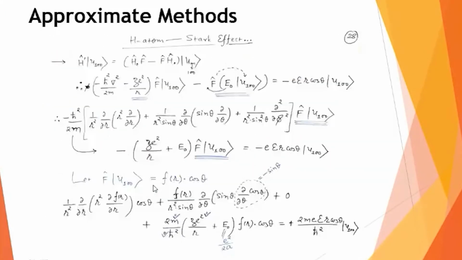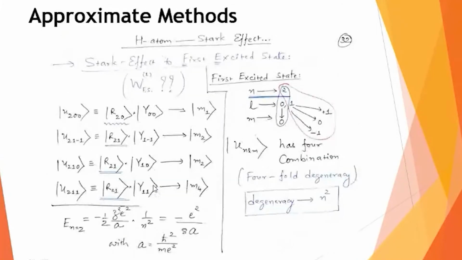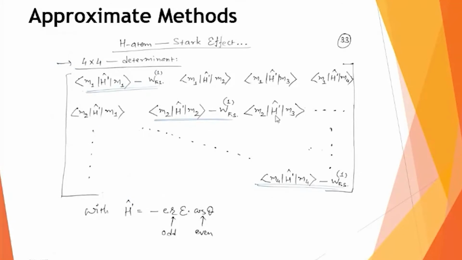If R-fold degeneracy is there, then you have to solve such an R-fold determinant. So the same thing is now happening here. Only difference is that instead of R-fold, now we have 4-fold. So we will be solving such a 4 by 4 determinant. This term in the earlier notation we have written as small h11, correct? So it is small h11 minus the first order correction to the first excited state, and then this is h12, this is h13, this is h14. The second row is h21, this is your h22 minus, and so on.